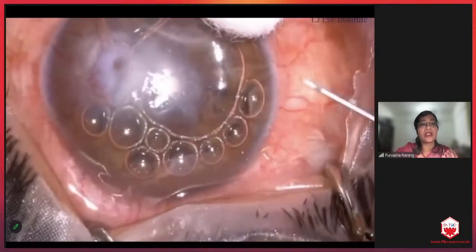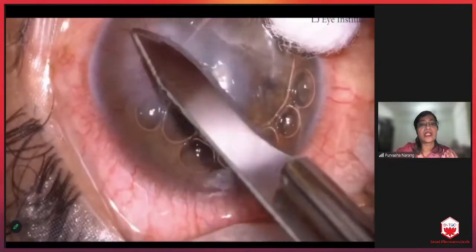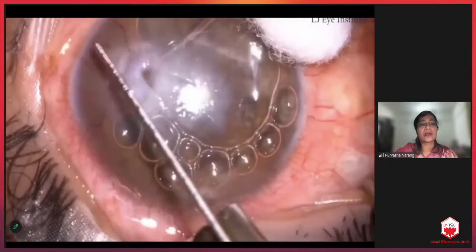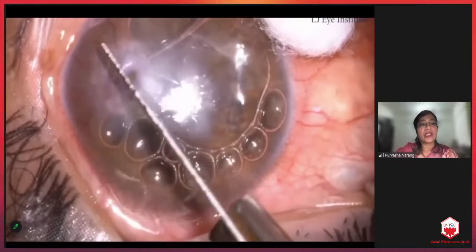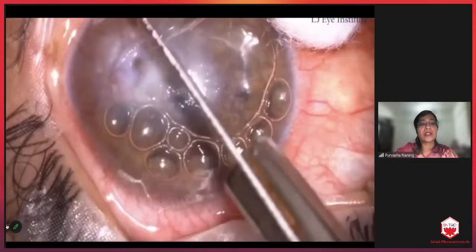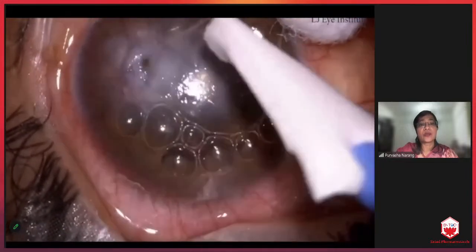Again, we do the gentle, careful debridement over the surface. And now we can see the aqueous gush is suddenly controlled, and it's more amenable to placing of these tissue adhesive. So here again, we make sure that there's no pressure applied over the globe, and drying is of utmost importance.